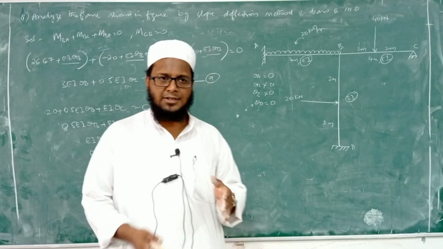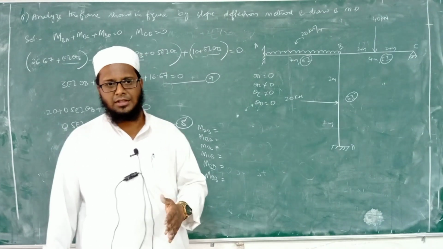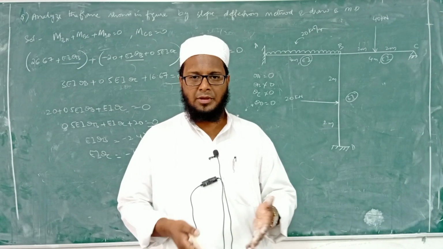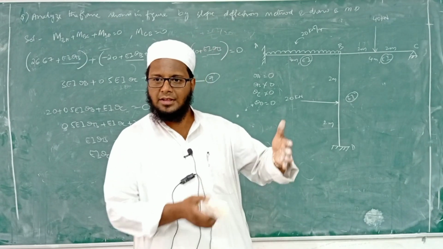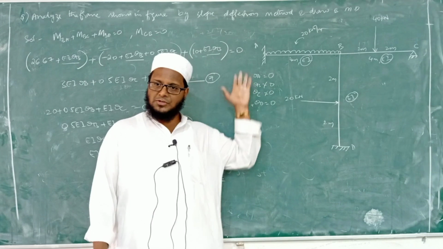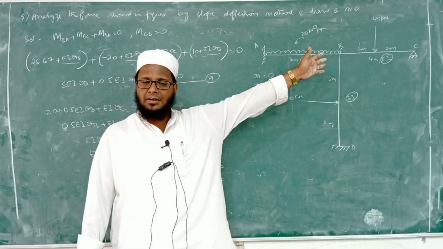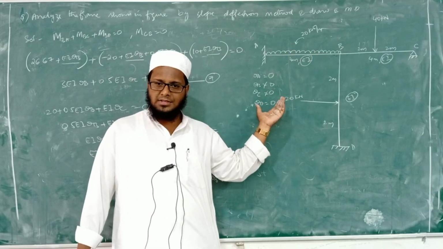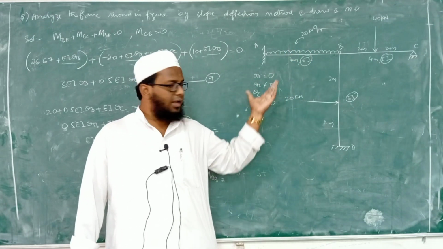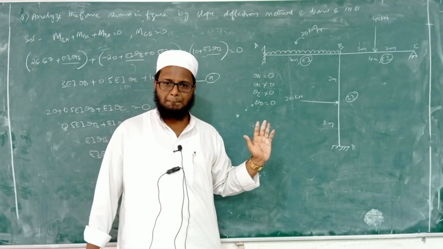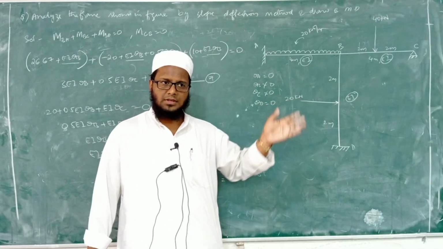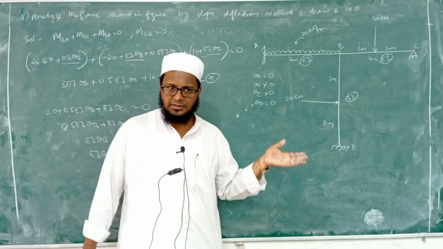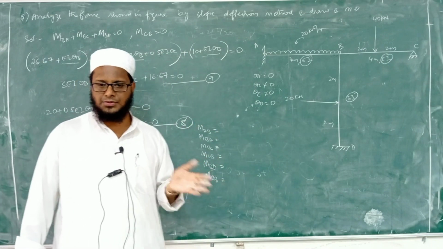Since we are seeing so many equations in this unit, once we go to the next unit, that is the moment distribution method, you will be wondering that the same problem we will be solving there with the moment distribution method, wherein we will use small tables. With the help of simple tables only, we can calculate these values of MAB, MBA. So as you go further, the calculations will become easy and this equations part will be reduced totally.